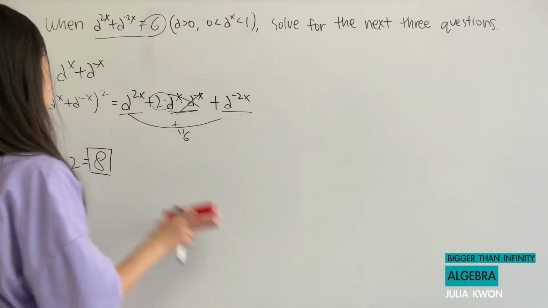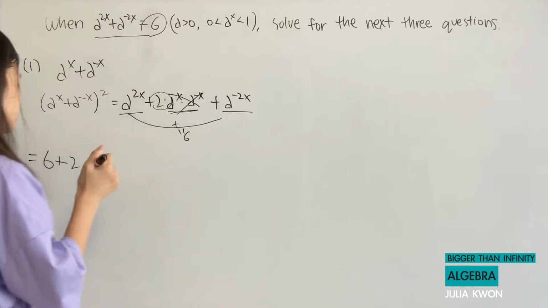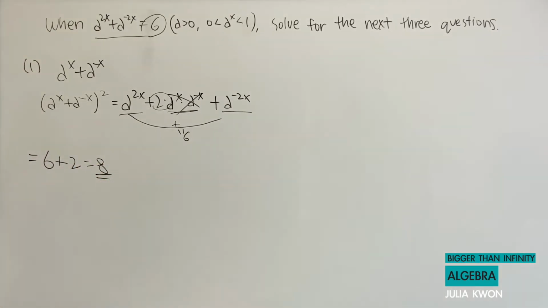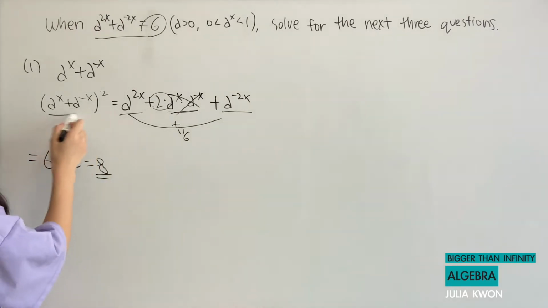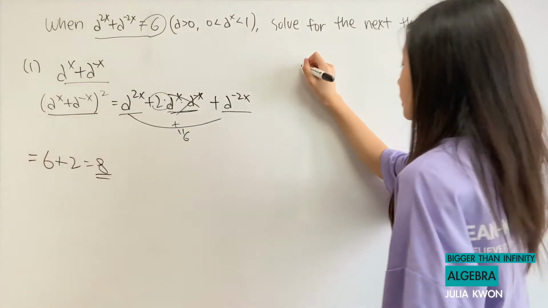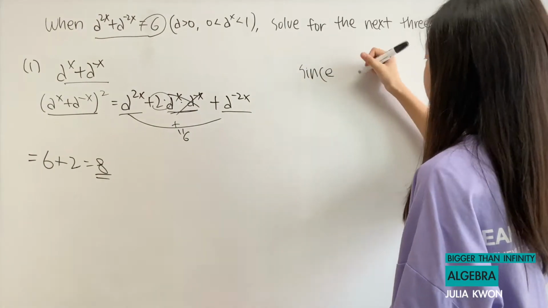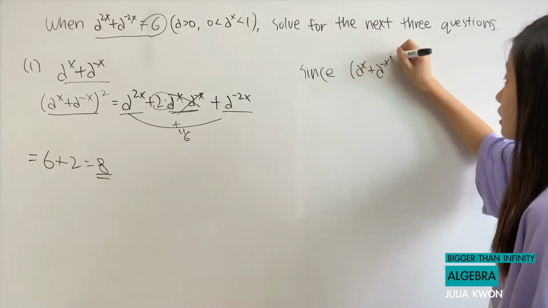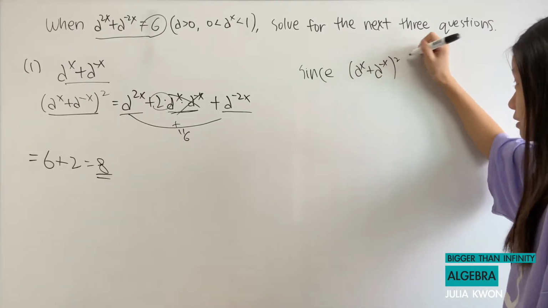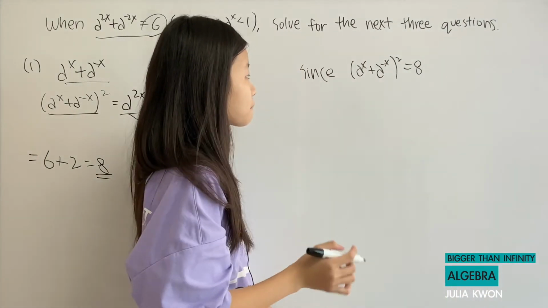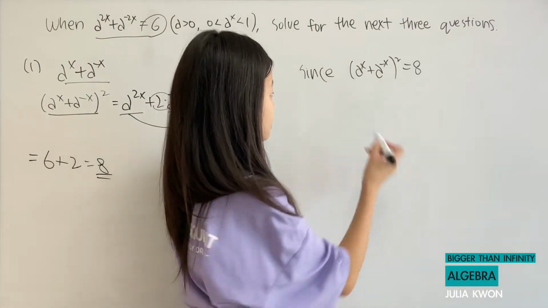But that's not the answer quite yet, because after we get 8, that's not the answer for what we've been trying to solve for. What we just solved for was this, but what we want to solve for was this. So since a to the power of x plus a to the power of negative x, squared, is equal to 8, that means that if we take the square roots on both sides,